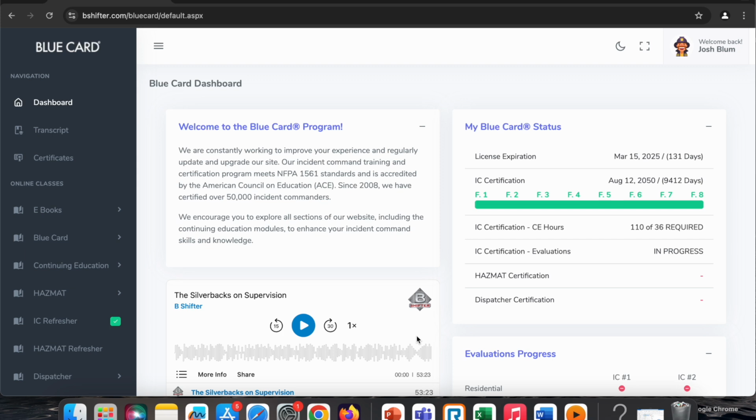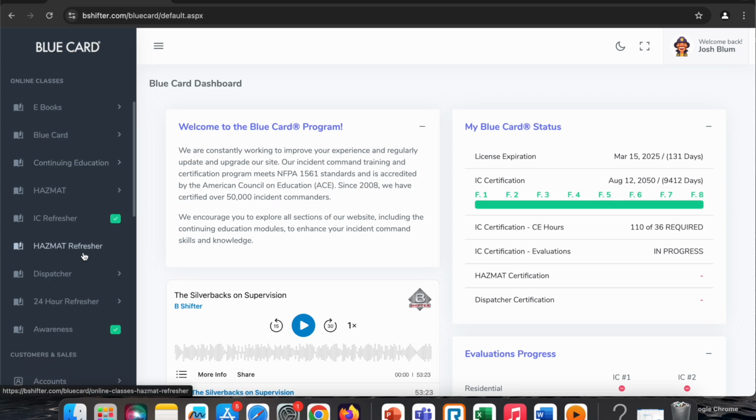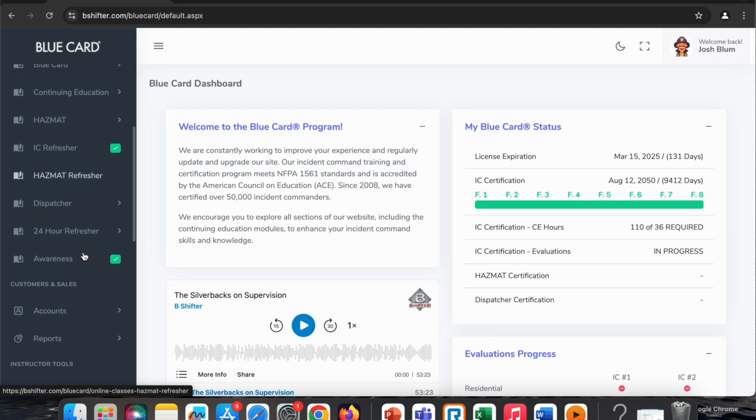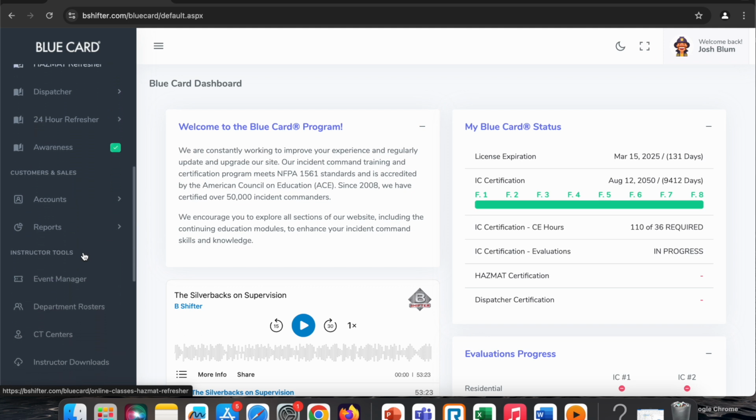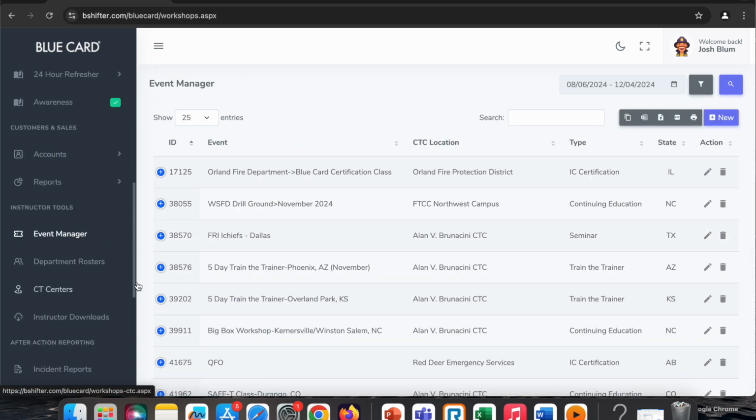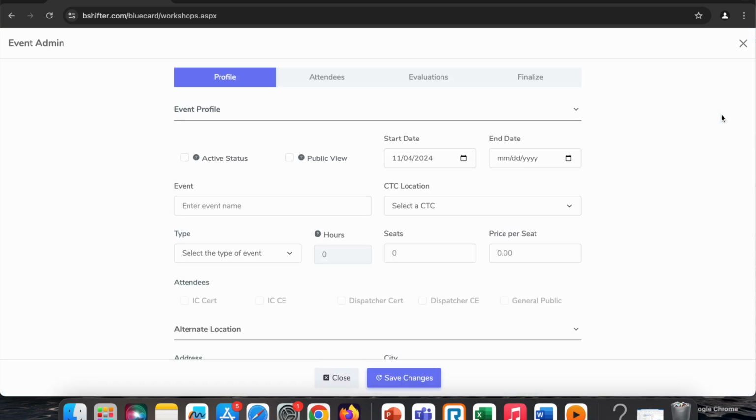This is going to be a short tutorial on creating an event for certification or recertification, hazmat, dispatcher, you name it. So as an instructor, once you're at your main page, all you're going to do is go down to Event Manager, click on Event Manager. Once you're in Event Manager, you would see all of your events. You're just going to go to the top right where it says New, click New, and you're ready to start